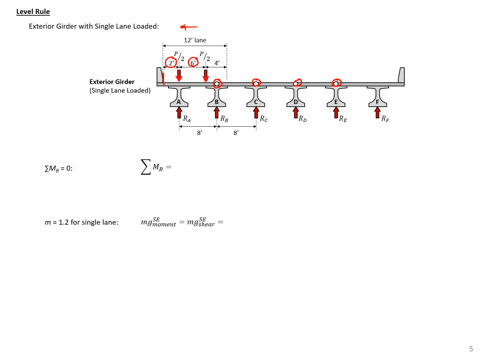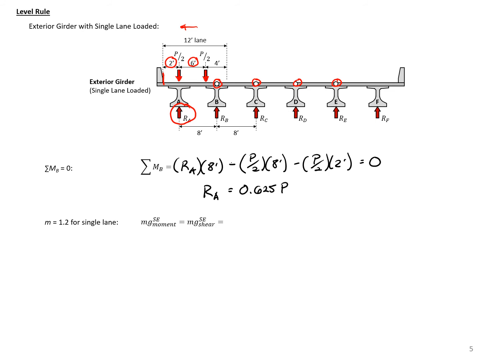So with the load placed there, we can solve for our reaction at A, and that'll be our distribution factor for our exterior girder with a single lane load. So solving our moment, summing all of our moments about point B and setting them equal to 0, we'll have R sub A times 8 feet minus P over 2 times 8 feet minus P over 2 times 2 feet set equal to 0. And solving for RA, we'll get a reaction here of